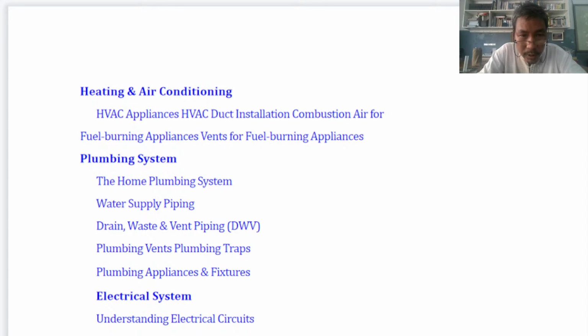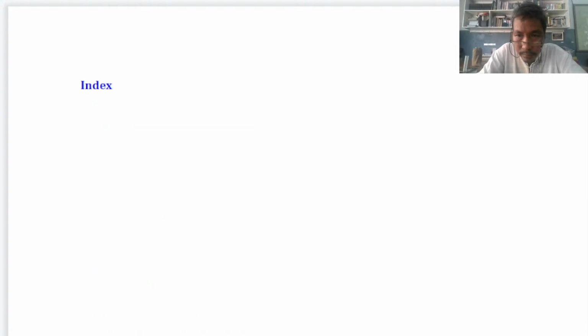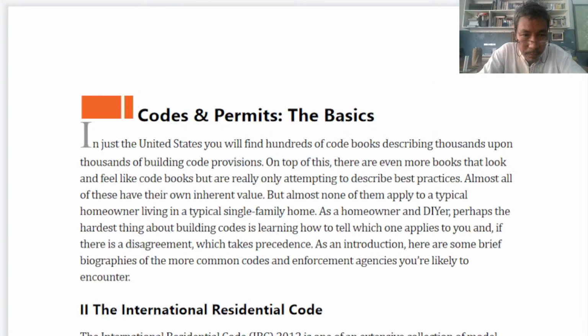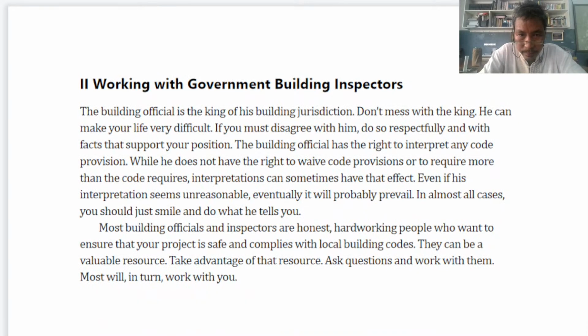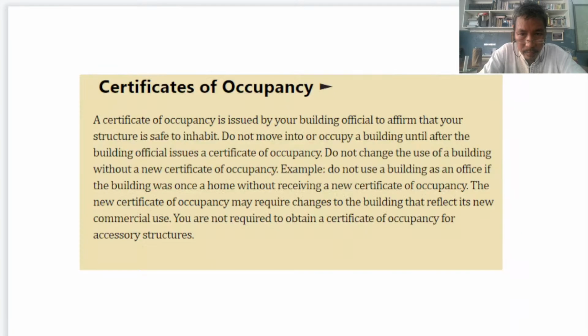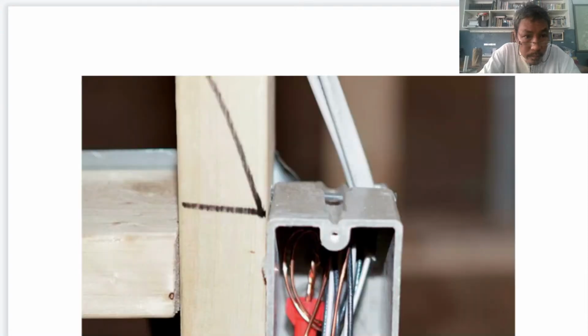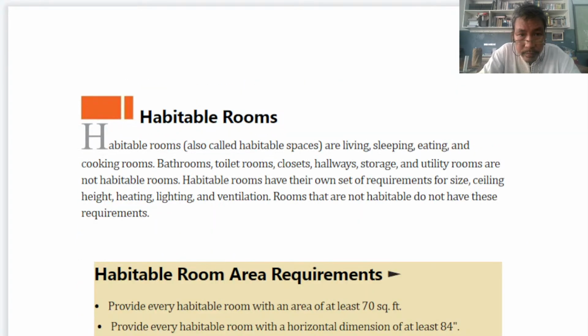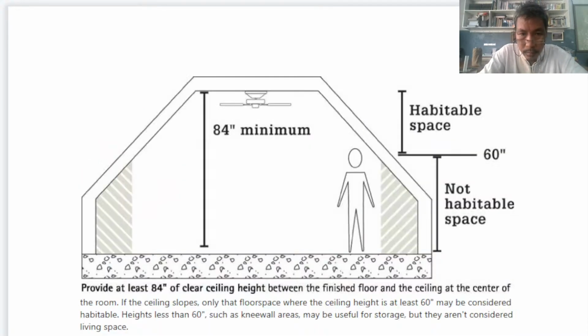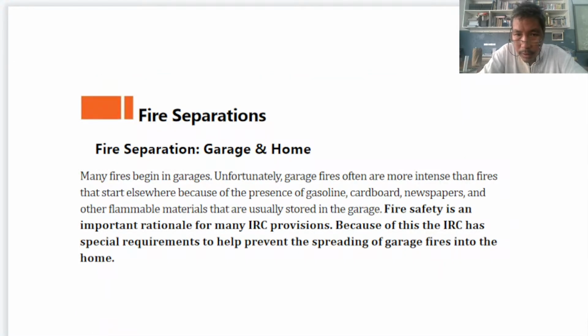So plumbing system, we will take a look at the home plumbing system, water supply piping, drain, waste, vent piping, plumbing vents, plumbing traps, and plumbing appliances and fixture. So that is what page. So I think this is the